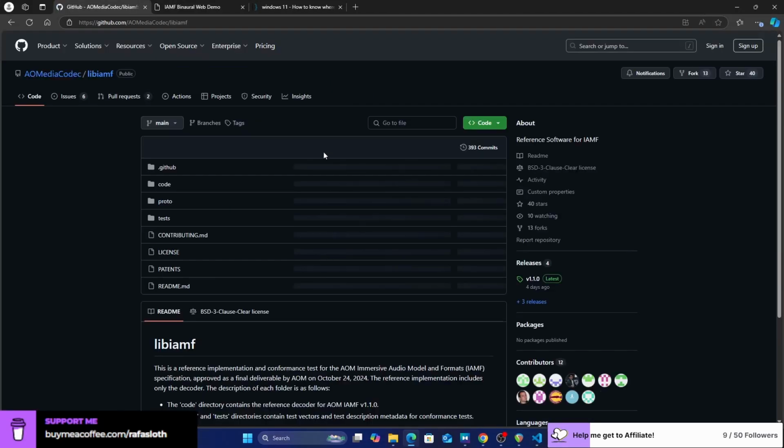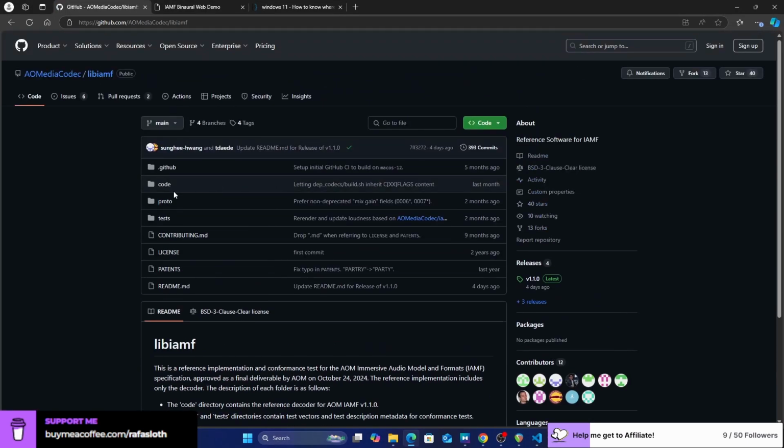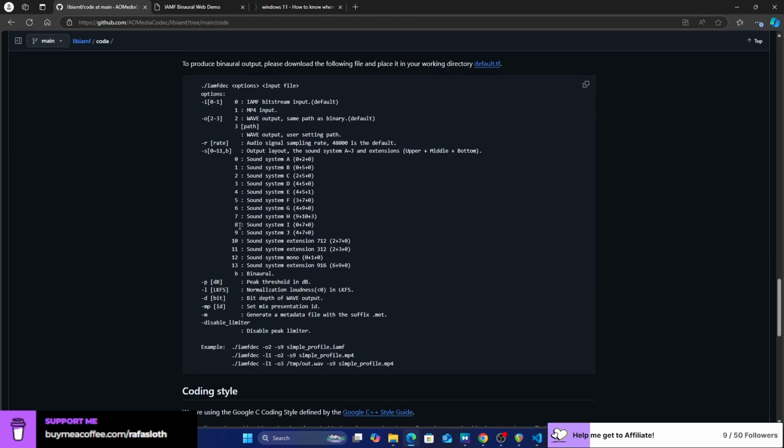In libIIMF there's the decoder, and with the decoder, from an input IIMF file, you can actually generate the separate WAV files for different sound systems.